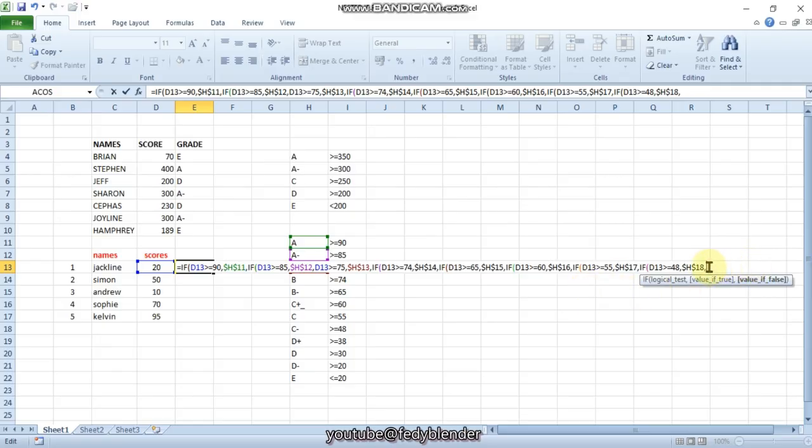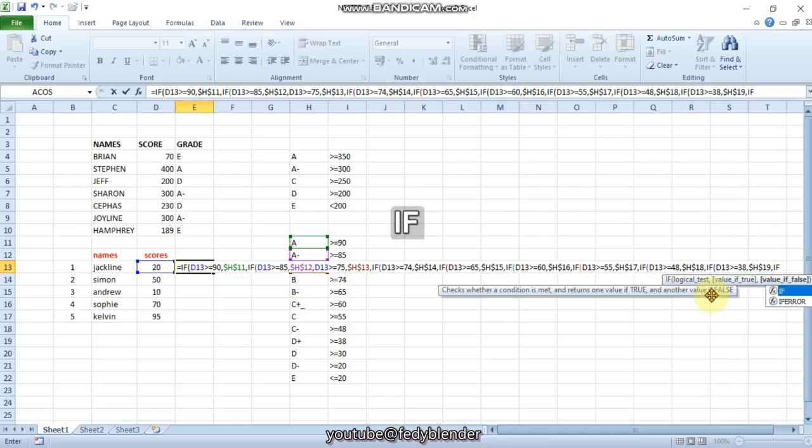If, open the bracket, if D13 is greater than or equals to 38, what is the answer? It is different. Lock by clicking F4, comma,